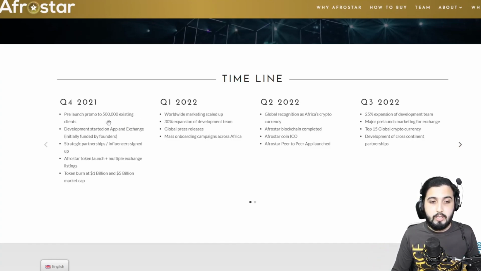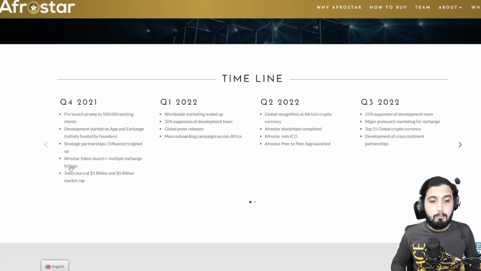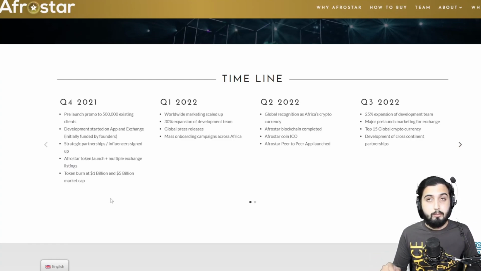promo to 500,000 existing clients. Development started on app and exchange, initially funded by founders. Strategic partnerships and influencers signed up. Afrostar token launch plus multiple exchange listings. Token burn at $1 billion and $5 billion market cap. So they will be doing burns too, which is going to exponentially increase the price of the